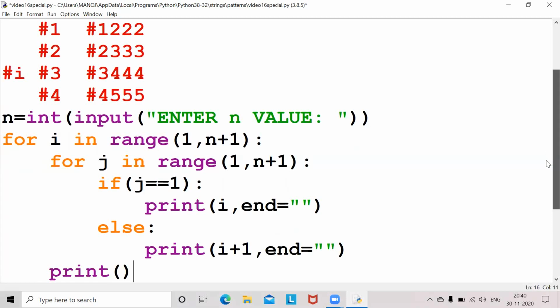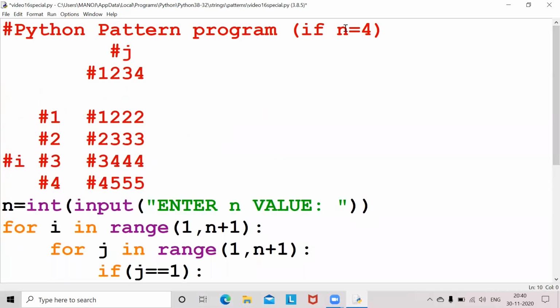Now I'll explain the program. See, initially we are giving n, what is the n value here? We are asking the input from the user. Now I am giving 4 here. For i in range of 1 comma n plus 1 means i will start from 1 and end up to n plus 1.